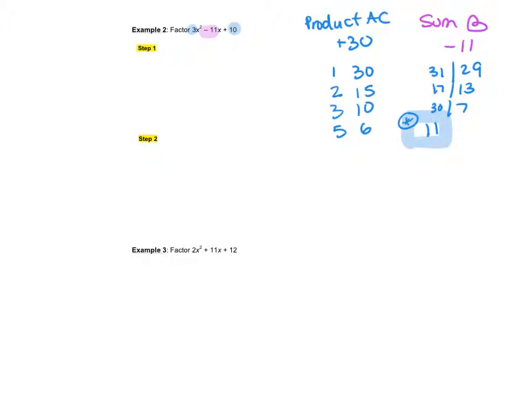So 5 and 6. You want to add to a negative and multiply to a positive. That means they both have to be negative. So we're going to expand out the middle term. This is going to become 3x squared, and again, minus 5x, minus 11x, minus 6x,